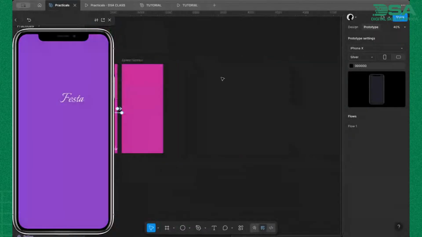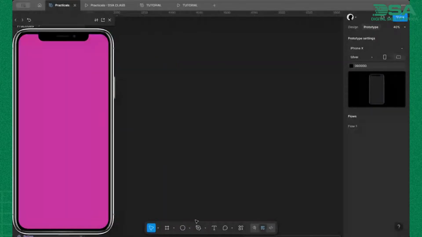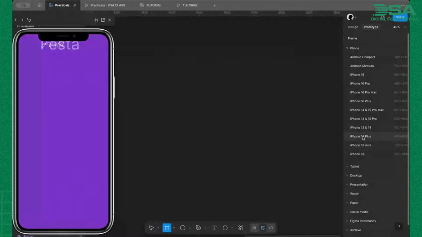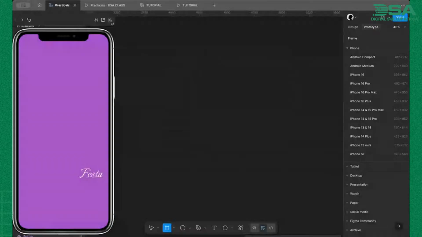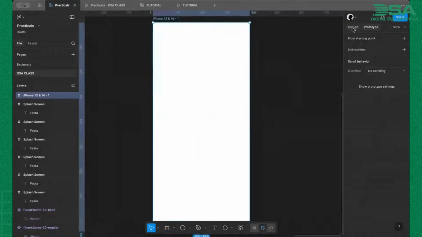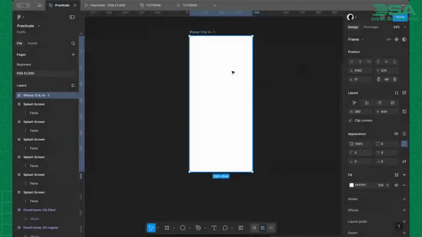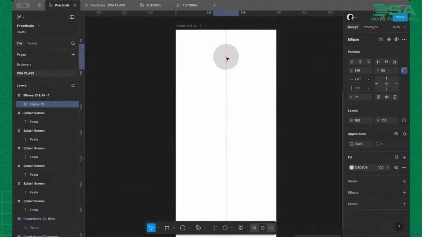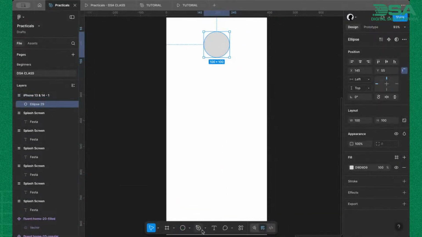Now let's try to do maybe a different thing. With micro interactions, you can do anything. Like you can do anything. Let's say we bring in a different frame. Let's say we bring in, yeah, you can close now. Let's say we bring in an iPhone 13, 14, okay, still in prototype. Now let's say we want to, we have this as the icon or the image of the individual, and then we probably have,